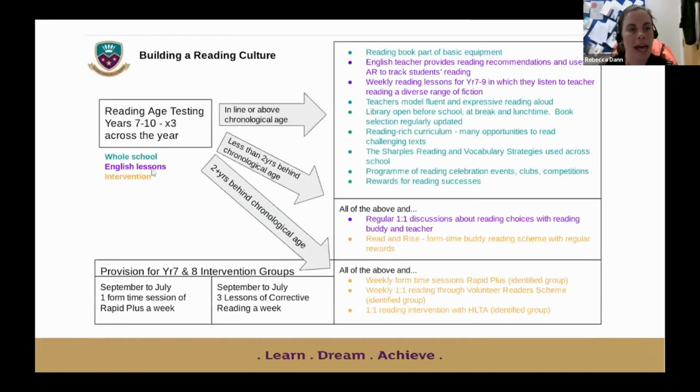We also have a reading approach that takes into account the different levels of reading ages. So here we've linked what we're going to do to where students are at based on their reading ages. This is following the GL assessment reading tests. We can decide which pathway students are going to be placed on based on their reading age.